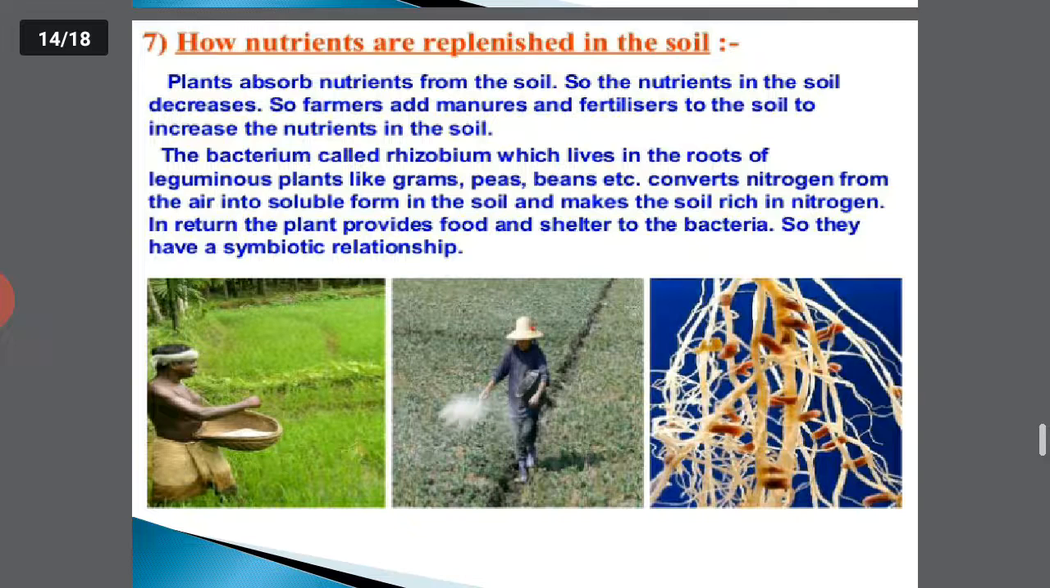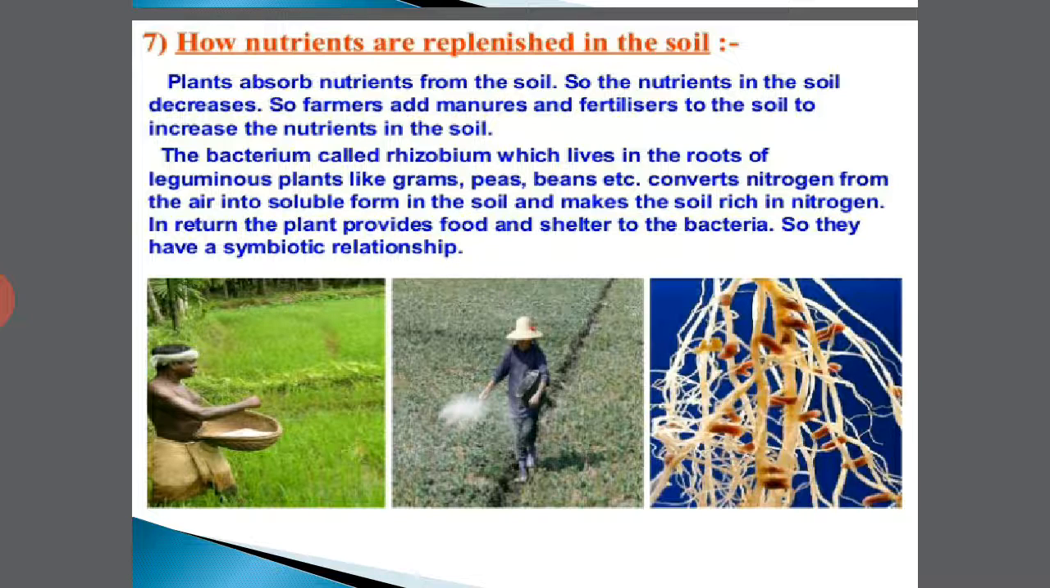How nutrients are replenished in the soil. We all know with the continuous use of soil or growing of plants, the soil becomes poor in some nutrients, and how they are replenished or given back to the soil. Plants absorb nutrients from the soil, so nutrition in the soil decreases. Farmers will do what? They will add manures as well as chemical fertilizers also to increase the nutrients in the